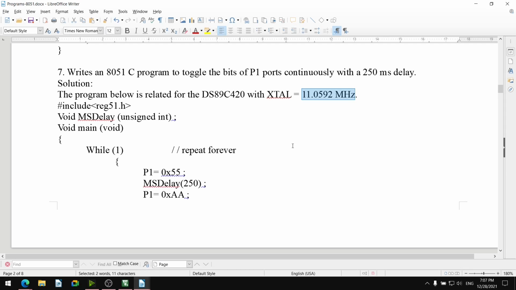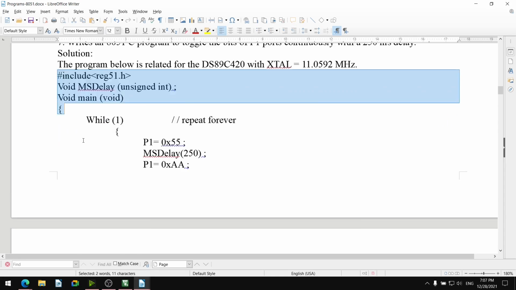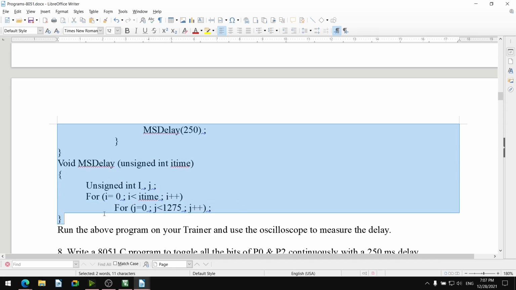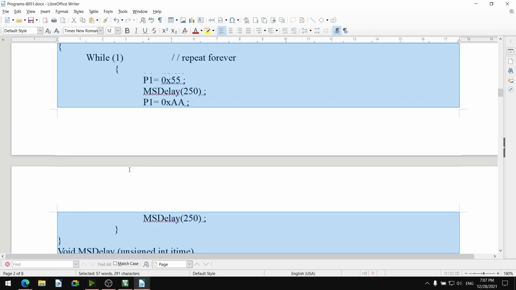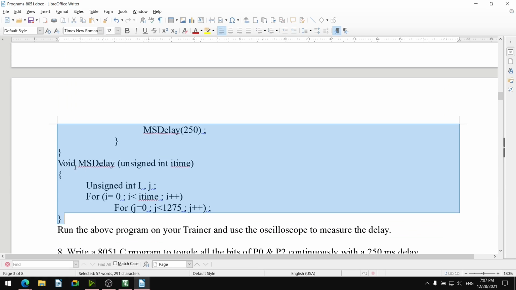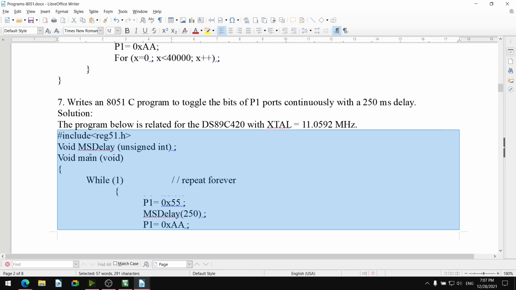Let us check. This MS delay is the function written. Okay, one function is main function, and after main function the MS delay function is written, which is defined as a function above main.